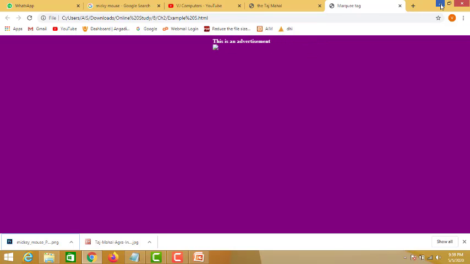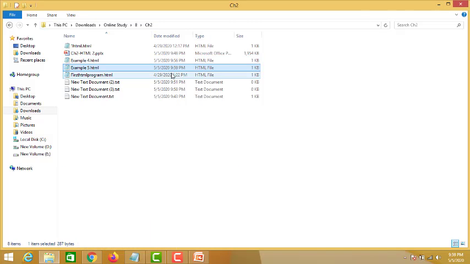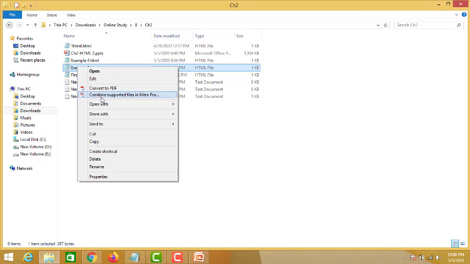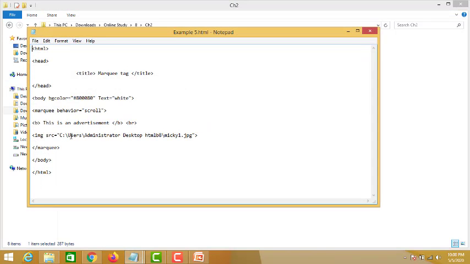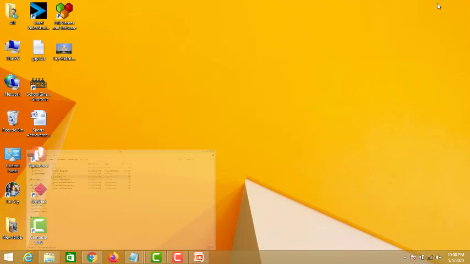So we'll correct that. We'll minimize this browser and the same example file, right click and open it with Notepad. Here again we need to change the location of the image. We'll delete this and I'll minimize this.